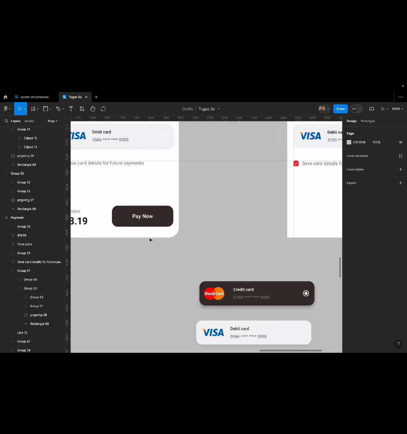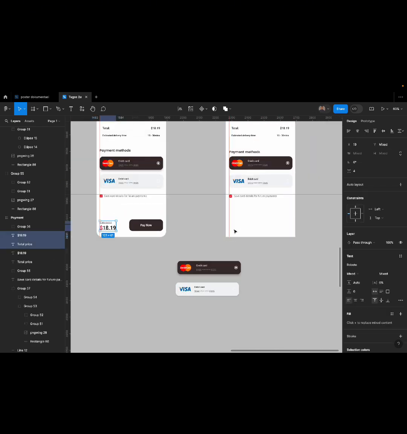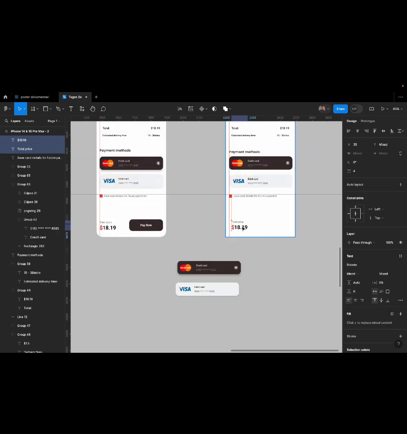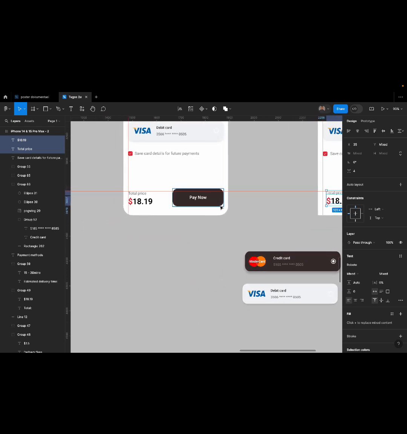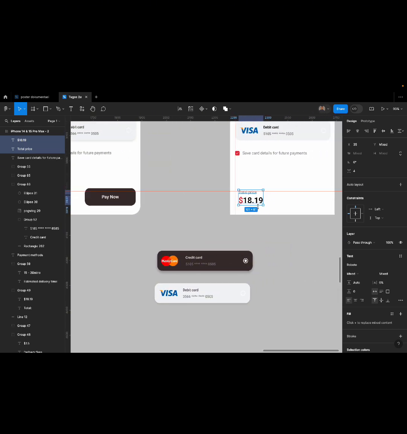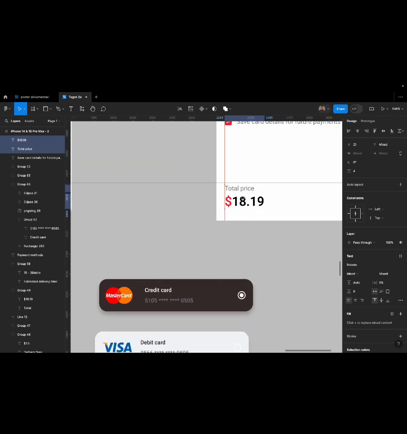And create again the total price below all, and use the rulers until the design looks very neat like that.